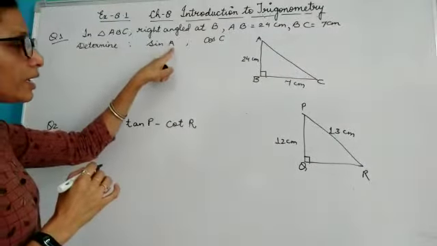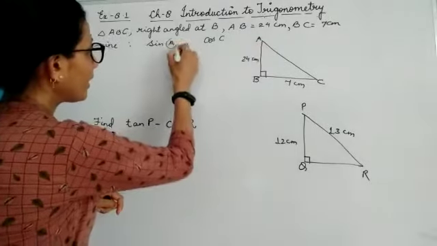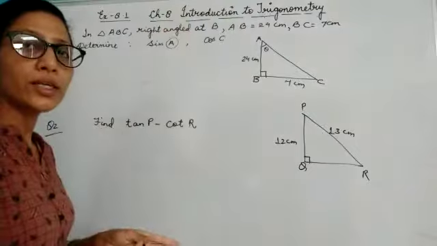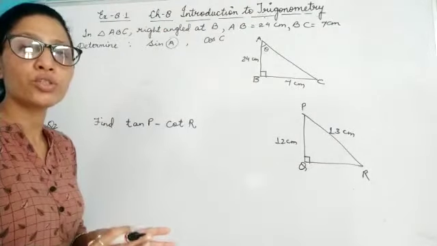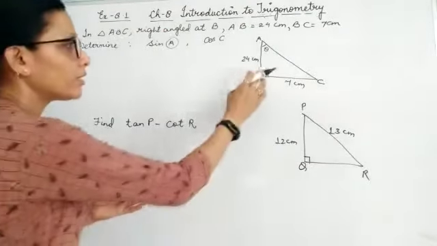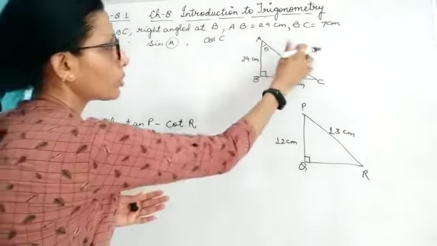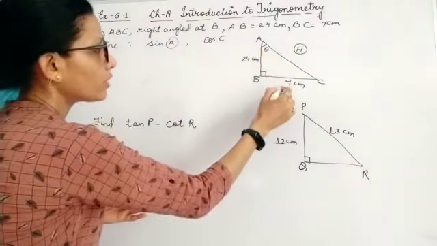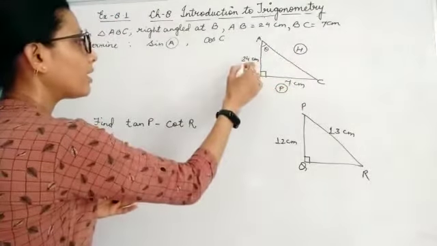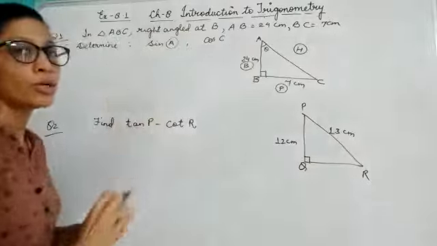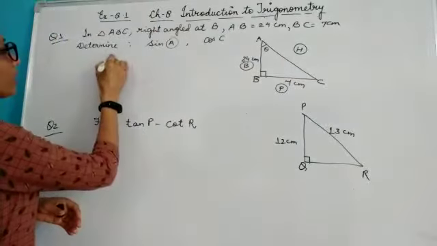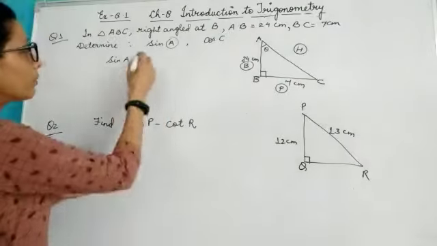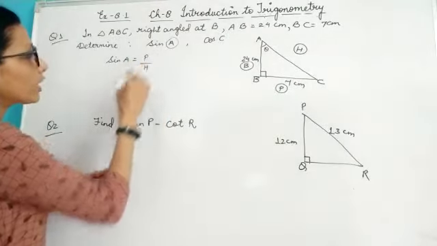Determine sine A. That means at A your theta is placed. So this is your theta. Now before doing anything you need to fix the positions of perpendicular and base. Here this is your 90 degree. That means opposite to it will lie hypotenuse. This is my theta, so opposite to it will lie perpendicular and the leftover side will be your base. Okay. Now you know that sine A is perpendicular upon hypotenuse.